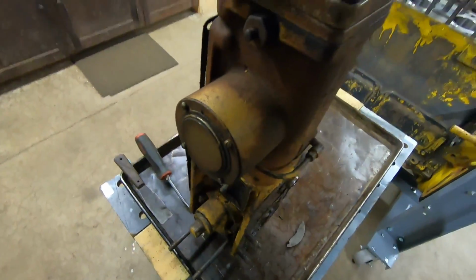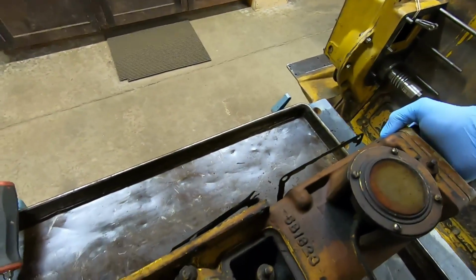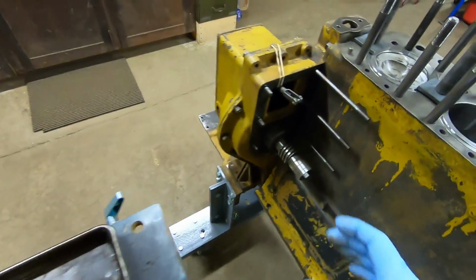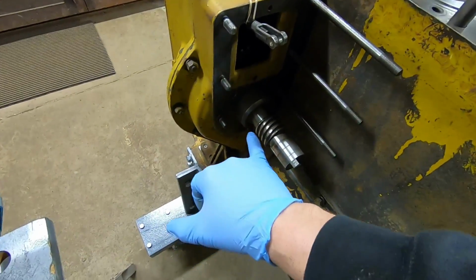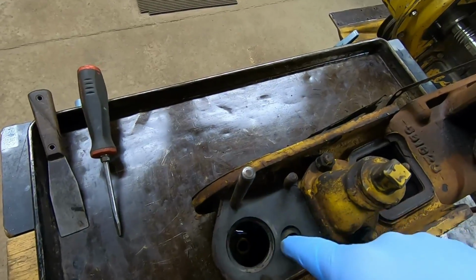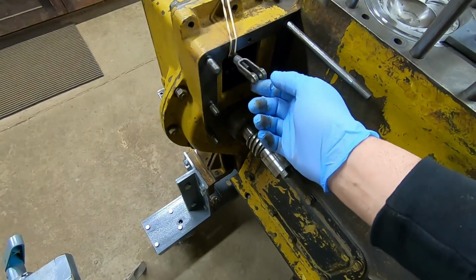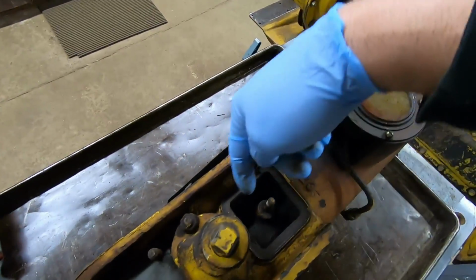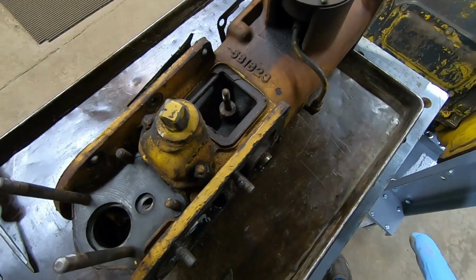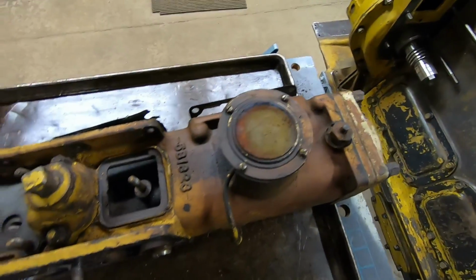Basically, it stands upright like that, and this surface right here attaches to the intermediate cover right there. This accessory shaft goes through it and powers the fuel transfer pump, which would be right there. Of course, the linkage for the injection pump, this here, passes through this area. The diesel fuel injection pump mounts on over here, but we're going to get this thing apart and see what everything